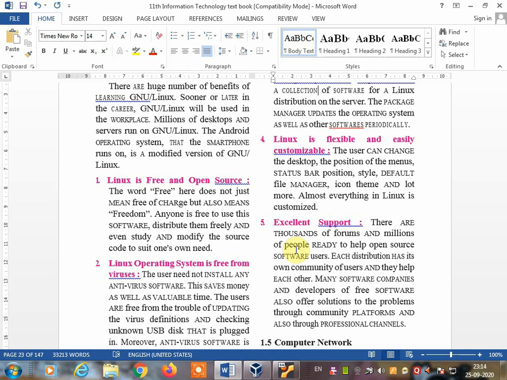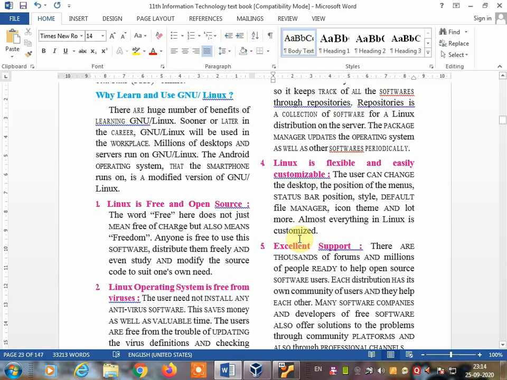So that's the main use of this operating system, because it is open source and millions of people are using it for the desktop and server. Mostly the server runs on Linux, and the Android operating system in your smartphone also runs on Linux only. So this is called open source. So that's the benefit of the Linux operating system.